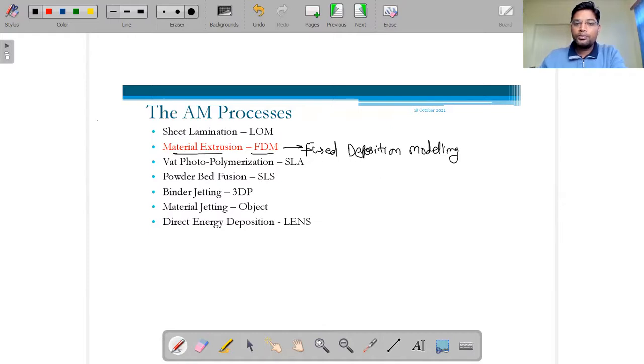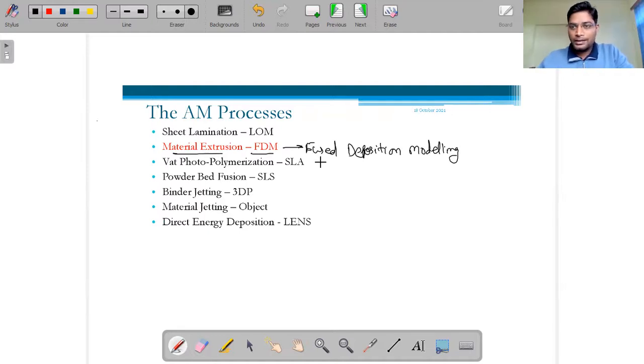Fused deposition means this is the nozzle through which the material comes out; we pass the filaments from the top side. This liquid material comes out and, as it comes in contact with the atmosphere after being released through the nozzle, it immediately fuses, meaning it solidifies within seconds.